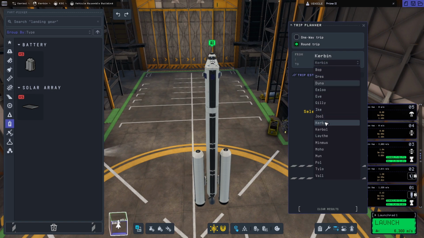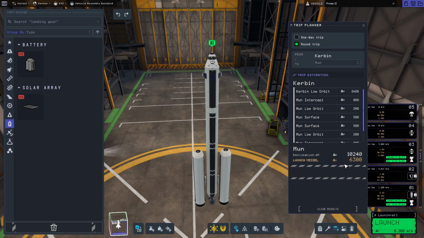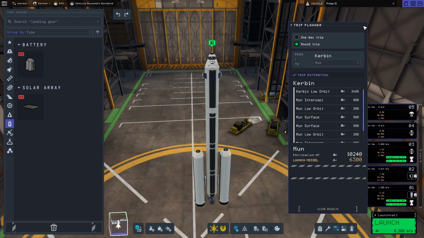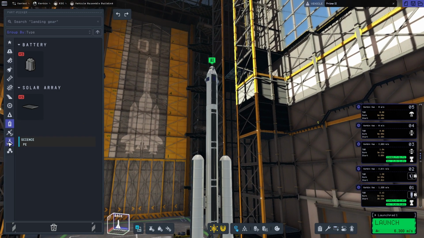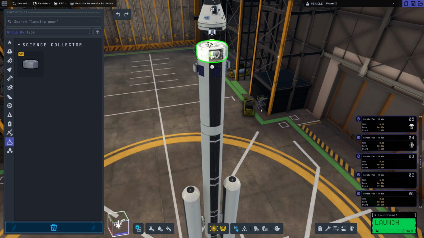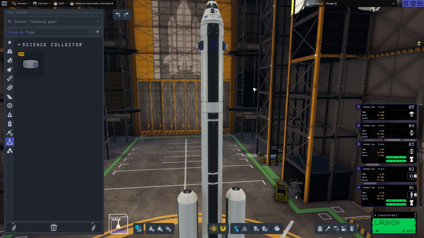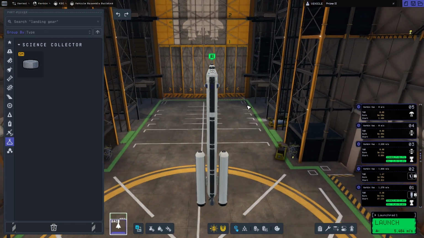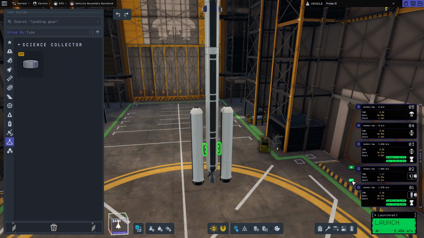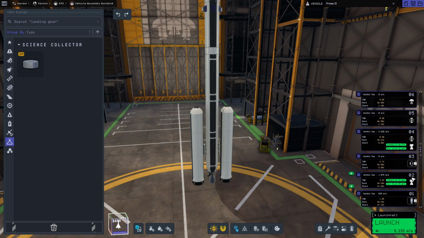A round trip to Mun needs 10,000? Really? Really? 10,000 to get to the Mun? That doesn't seem right. What about if I put another stage in, right? Oh no, that...